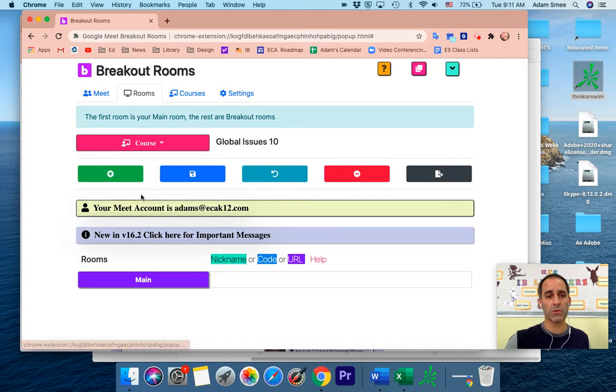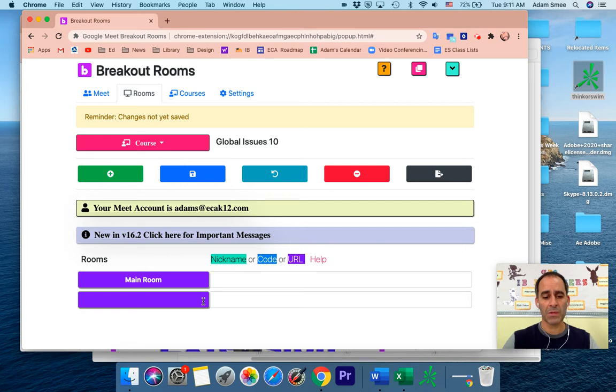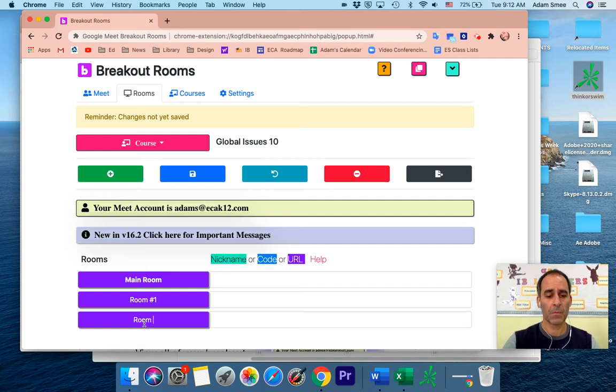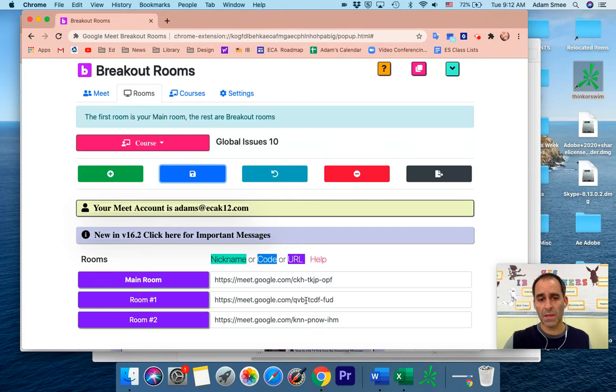I'm going to go to Global Issues 10, and I'm going to take my main Google link and call this main room. But I can add as many rooms as I want. Room number 1, etc. And once I'm satisfied with the number of rooms, I save that. It's going to generate a link. This link can be copy-pasted and sent off to the students as separate breakout rooms